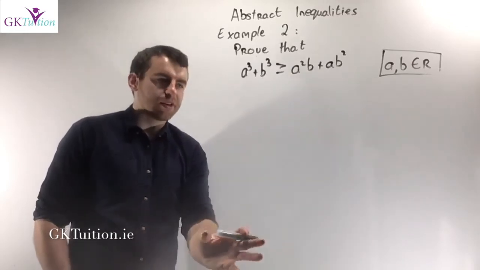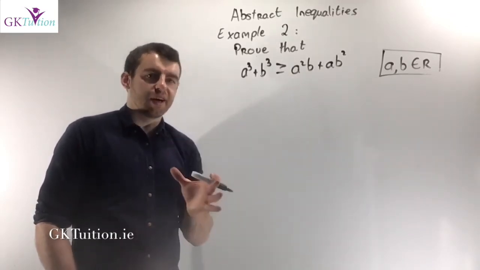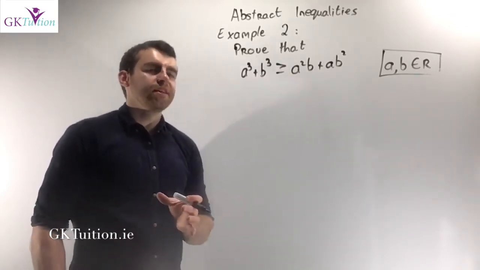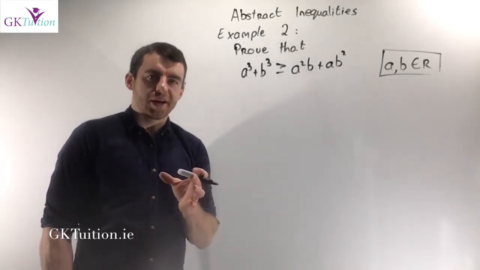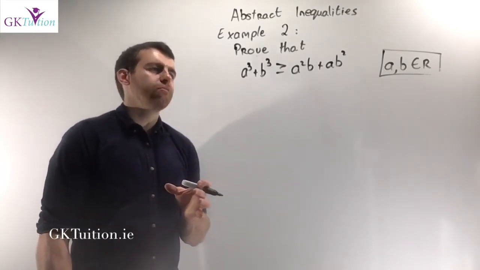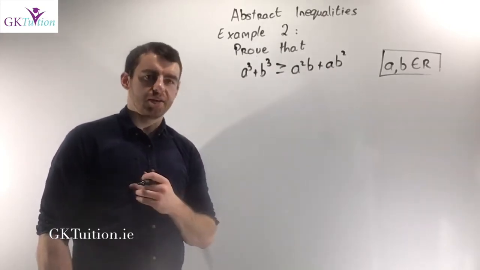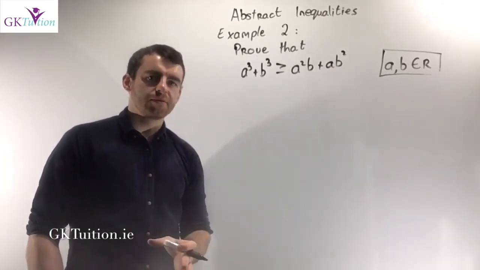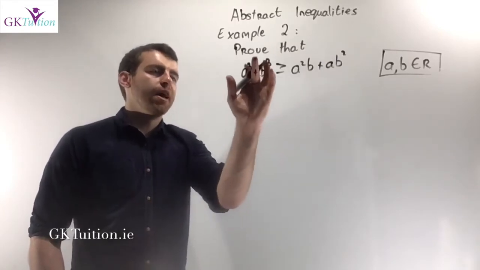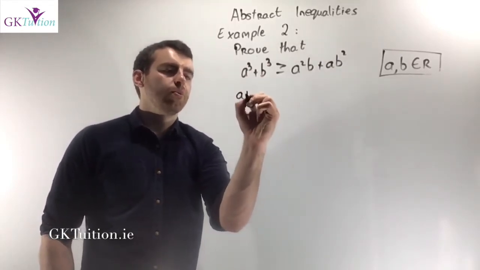The ending of these questions is very predictable, but the start is a little bit different. These are essentially a good way of getting you to practice factorising. You should recognise now that you can factorise the left-hand side and you can factorise the right-hand side. I know that if I factorise the sum of two cubes, a cubed plus b cubed will give me